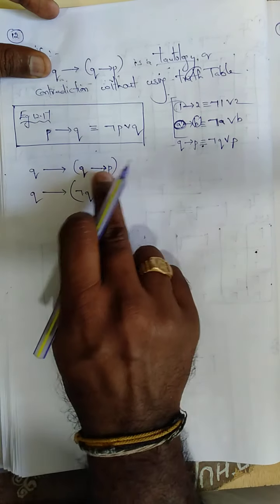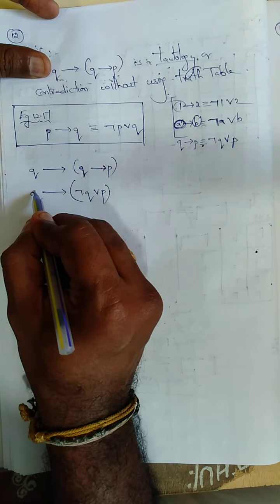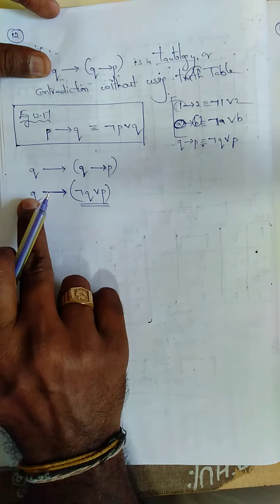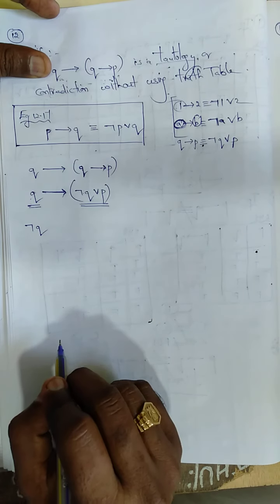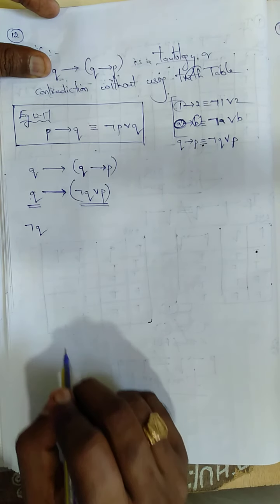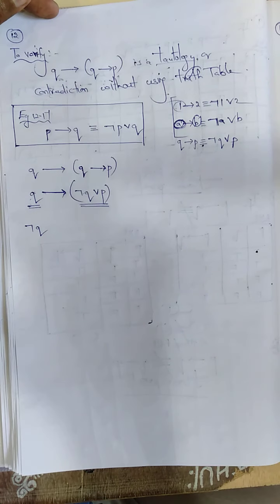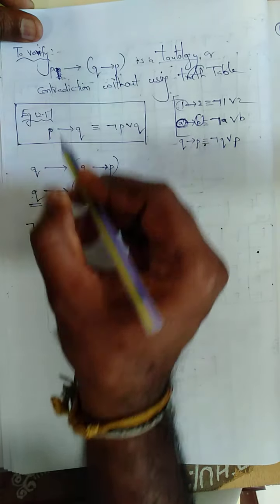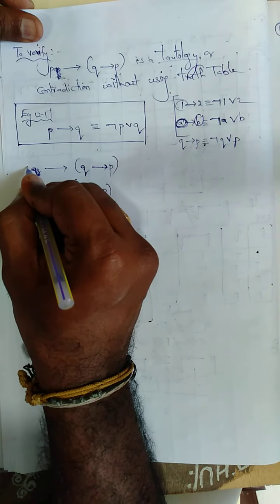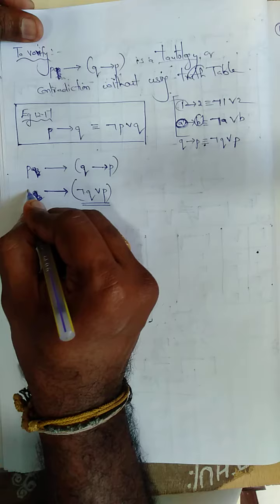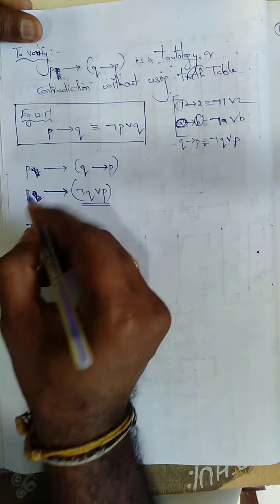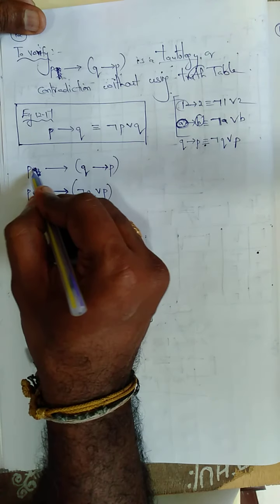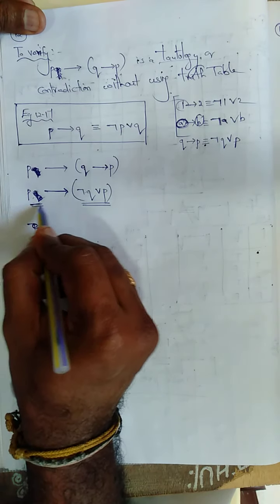Now, if this arrow is present, I write or. See, this is one element, this is another element, and what is present is or. First I need to write negation of Q. But I wrote the question wrong. This is P. Write P. The question is given as P, so write P. This one is also P.